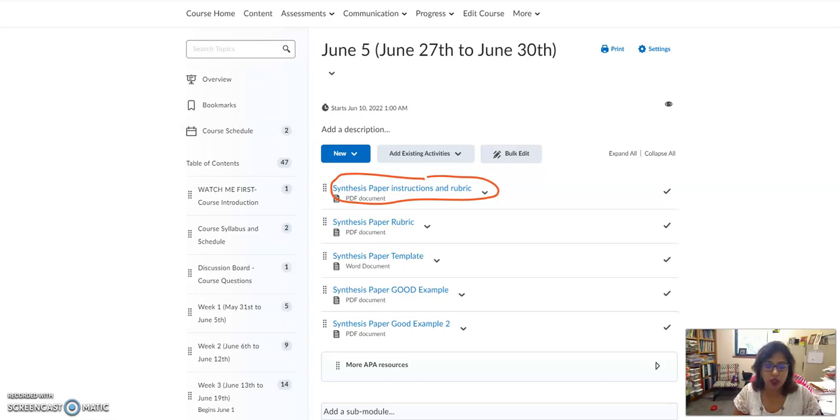I also took the rubric and made a separate document. Here is the rubric. I also provided a template which can help you in the writing because it's a paper where you are taking information from your cultural autobiography, from the argument analysis and from the field notes to synthesize it with your overall reflection. So there is this template that tells you, and I'll open it up and show it to you too. Here is a good example and then another good example of it.